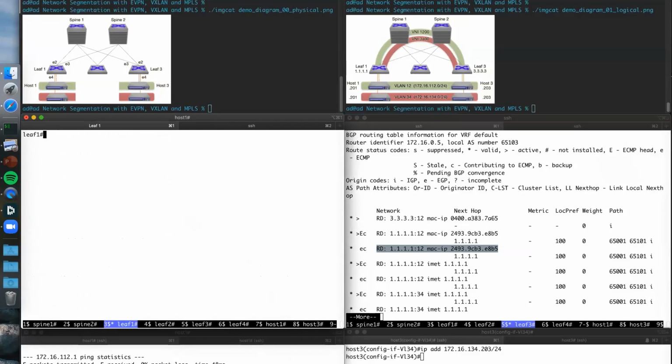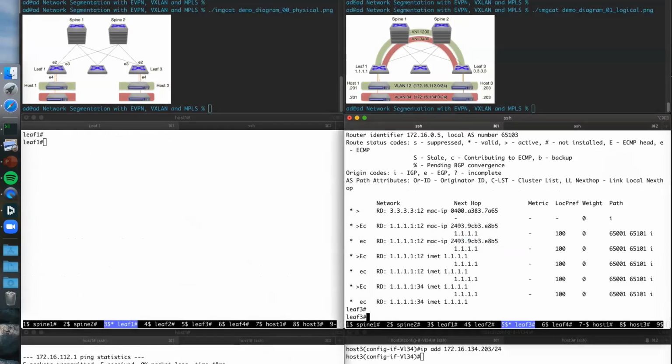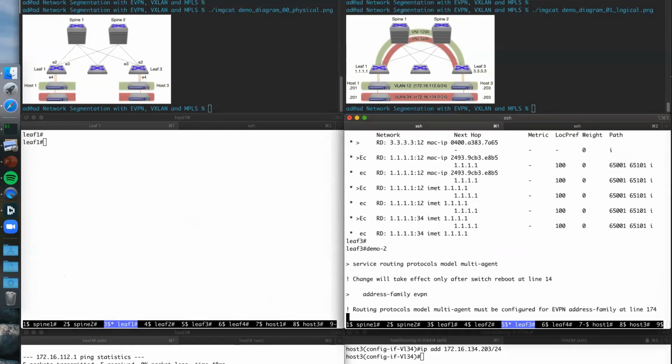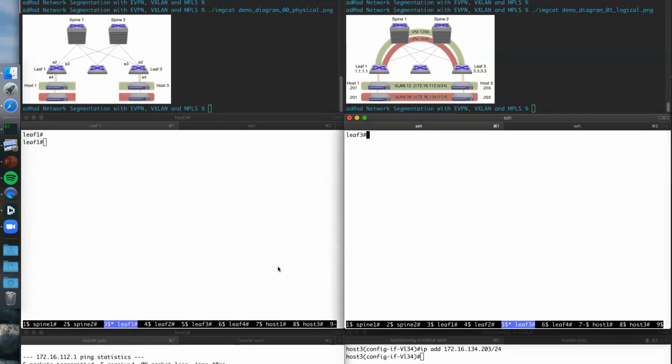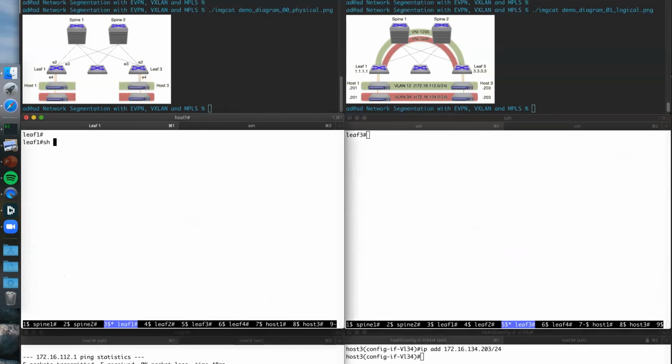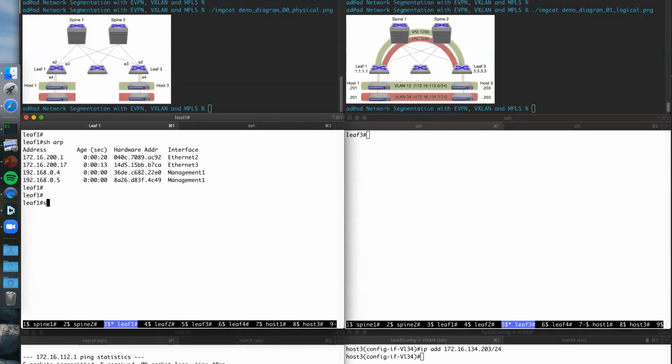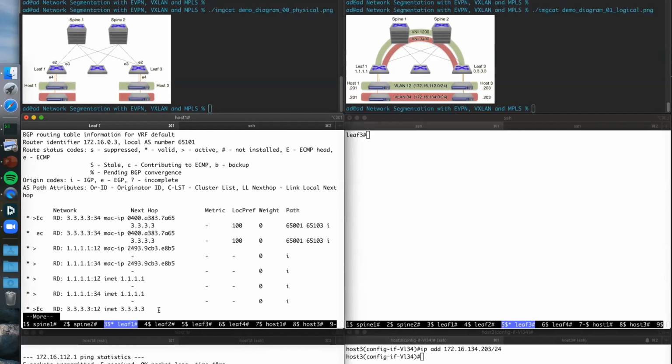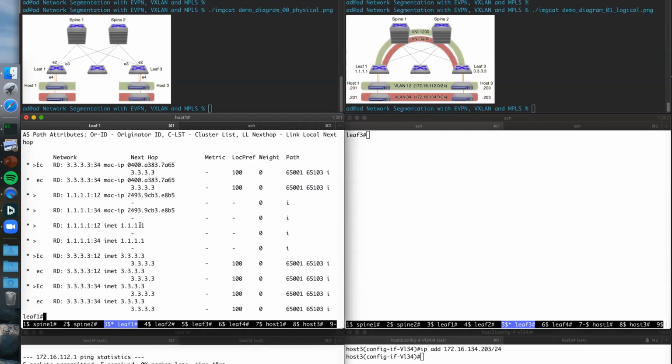And I've got an additional thing to show you with the MAC plus IP, when we've got both the MAC and the IP that's related to the ARP entries. So let's look at the ARP entries. I've just done a flush here, so it has gone away. Show BGP EVPN. Again, I did a flush for everything. So the MAC plus IP has gone away. I'd like to show you now